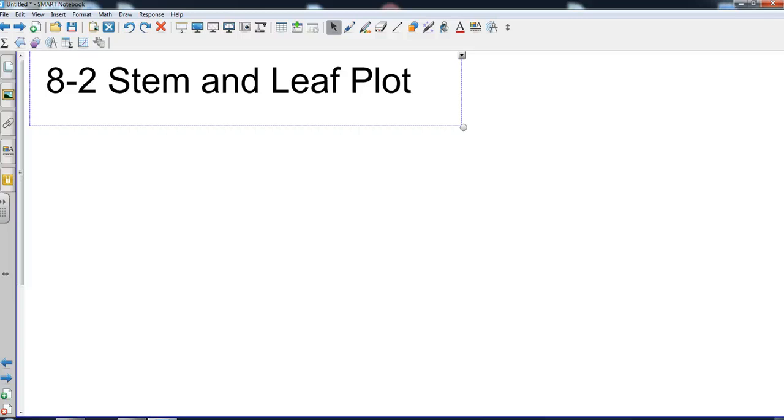Okay, Algebra 1, Chapter 8, Section 2, the stem and leaf plot. We're just looking at different ways in this chapter of representing data sets, things that we can pick up and record data for. So I'm going to take some numbers that I have taken directly out of the textbook right now, and